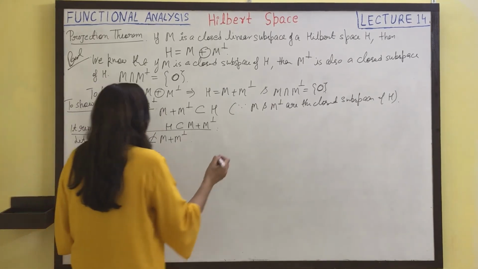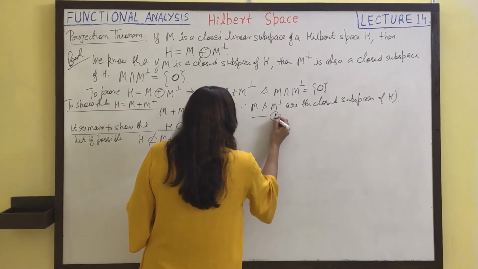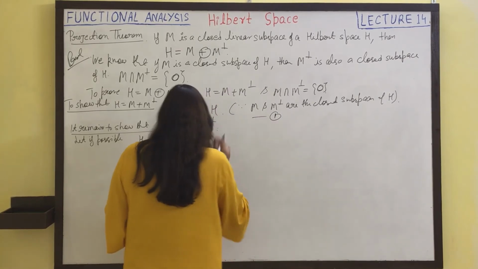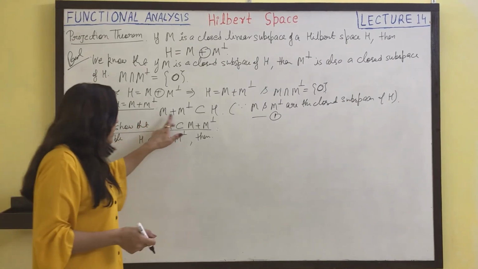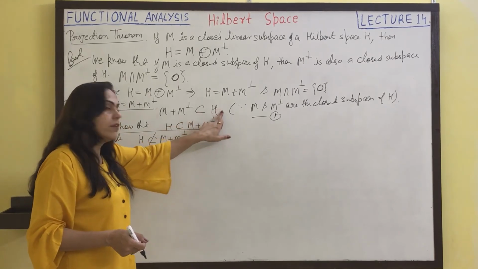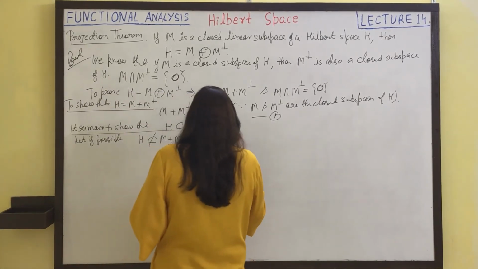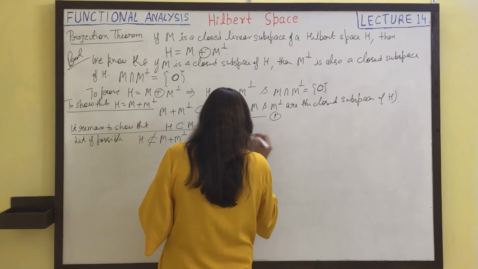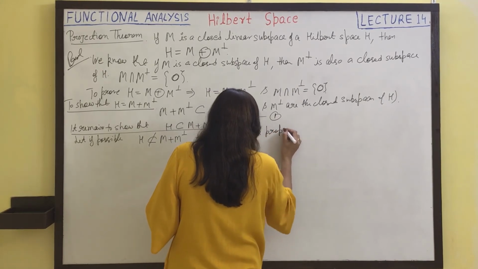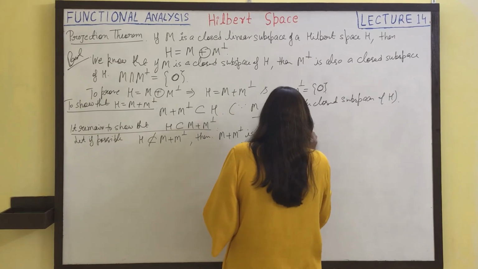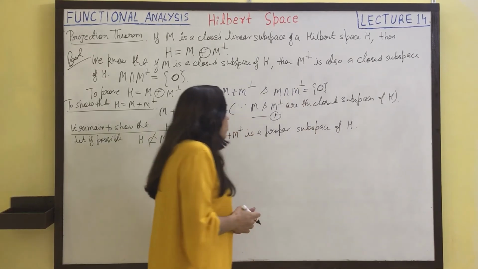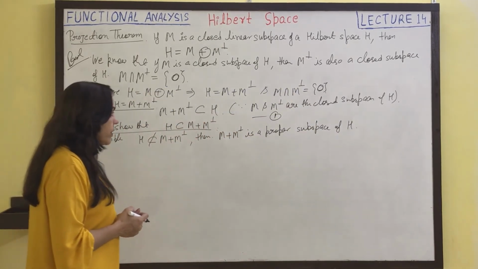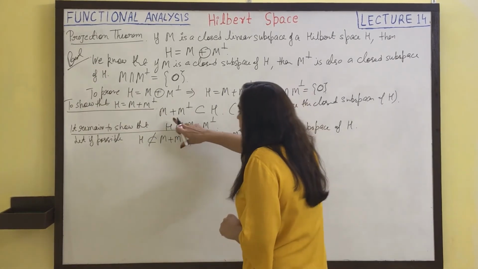Then we can assume it as 1. Then the relation 1 is a proper relation, that is M plus M perp is a proper subspace of H. Therefore, we know, we have already proved it, that there exists a non-zero vector